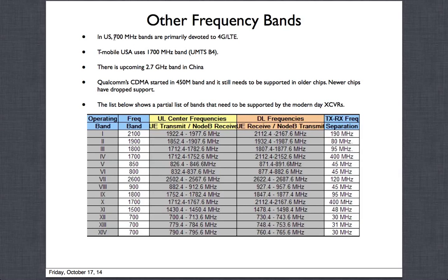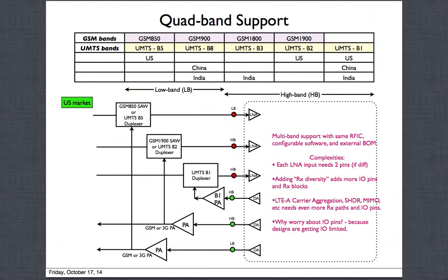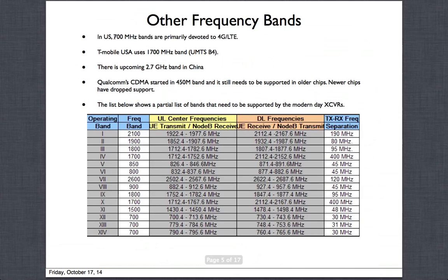So in the US, the 700 megahertz bands, which used to be a lot of the TV channels, the higher end UHF frequency spectrum TV channels, have been made free now because of digital TV, and the government has auctioned those bands and allocated them for LTE services. LTE services in the US didn't come up in the older bands. Those bands were already choked and congested, and there wasn't much room to develop LTE in them, so they gave around 700 to 750, 760 megahertz. Many TV bands were freed up primarily to support 4G LTE in the US. So these 700 megahertz bands are very, very important bands.